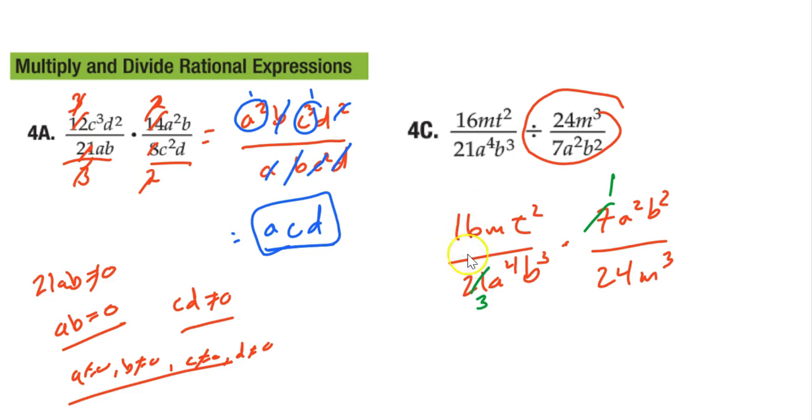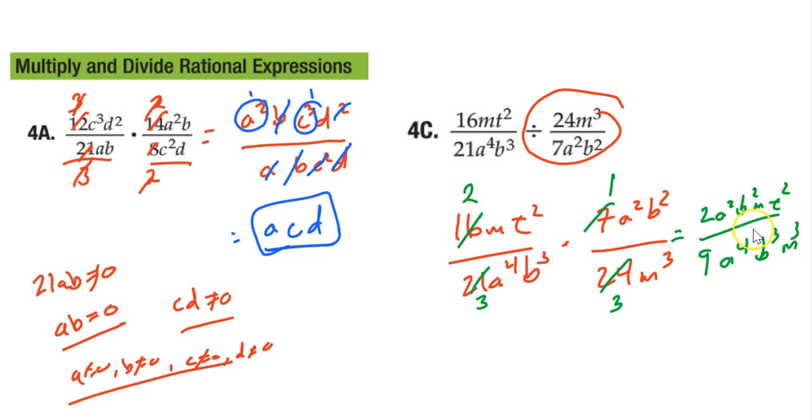Now remember, you can always reduce up and down or left and right, just not on the same side. They can't both be on top or bottom, but top and bottom anyway works. Just like we did up here, right? The 3's canceled up and down. We also reduce diagonally. 16 and 24 can both be divided by 8, so 16 by 8 is 2. 24 divided by 8 is 3. So let's carry this over. I'm going to have 2 on top with an a squared b squared m t squared. And on the bottom I have 9, it's 3 and 3, with an a to the 4th, b cubed, m